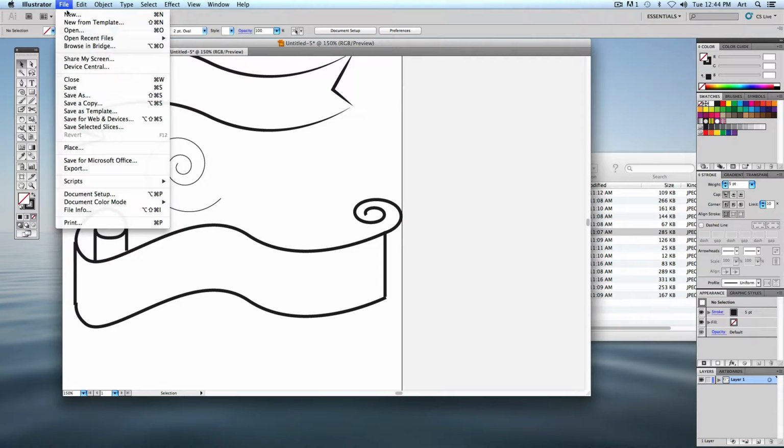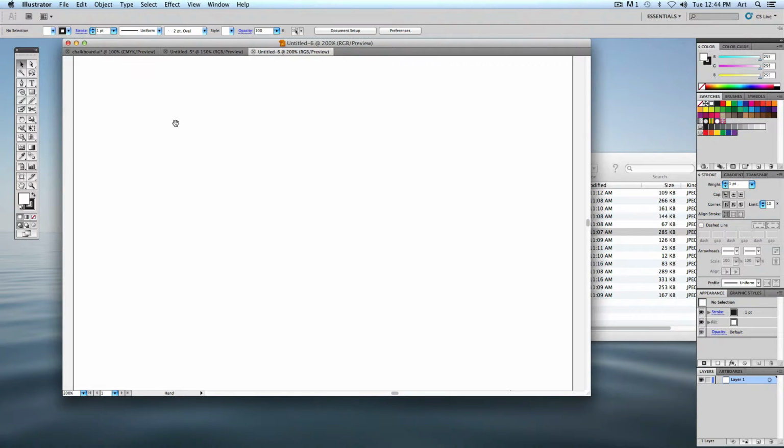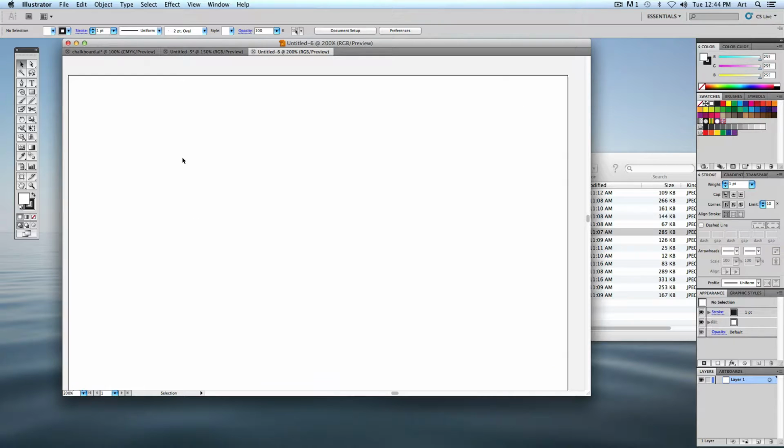So I'm going to make a new document. Letter size looks good. And there's some other little tools that go along with this one. But this one, we'll break it down into something simple. First thing we've got to do is make a bunch of lines. And to do that, I'm just going to use my line segment tool. I'm not even going to worry about a fill color. Draw one line on one side,